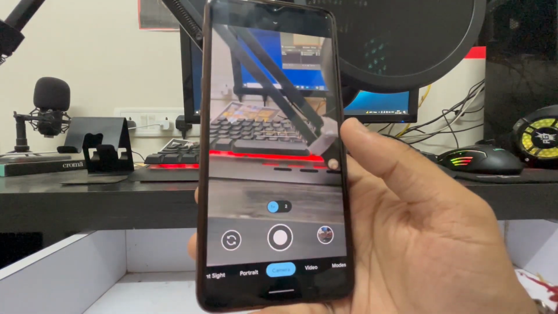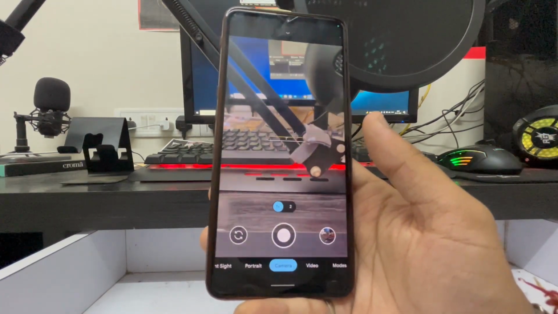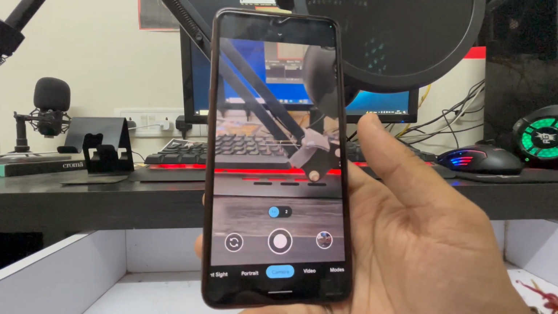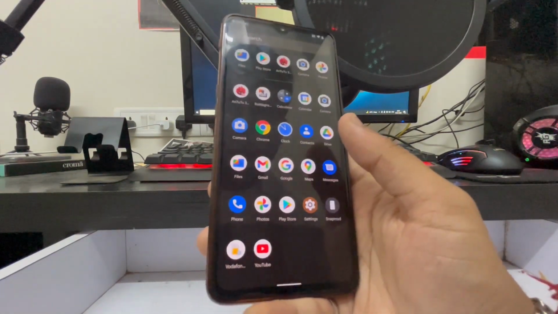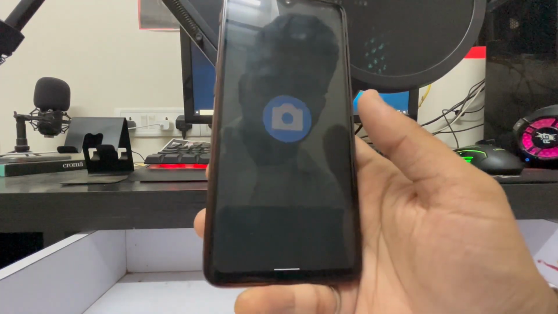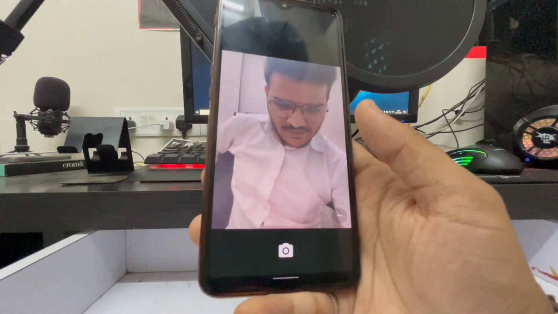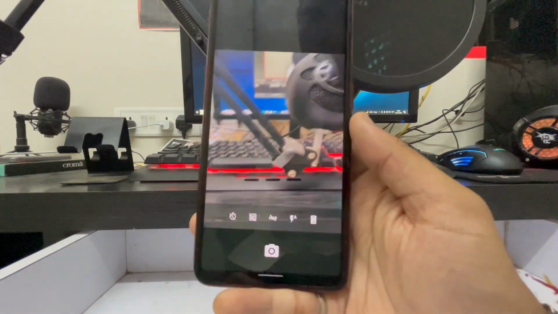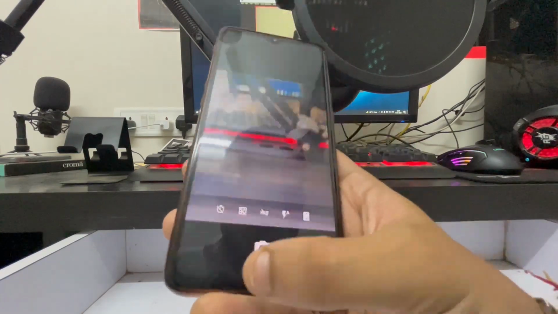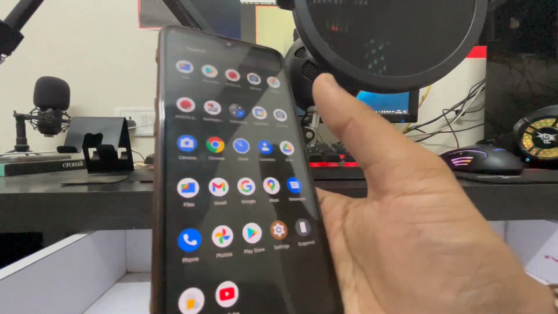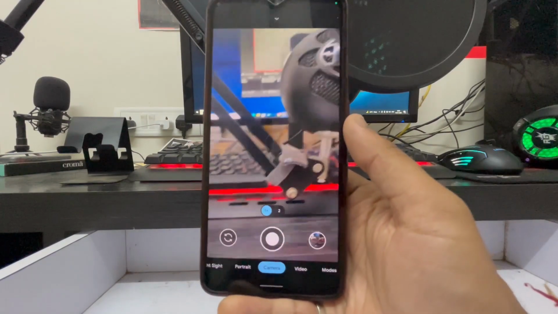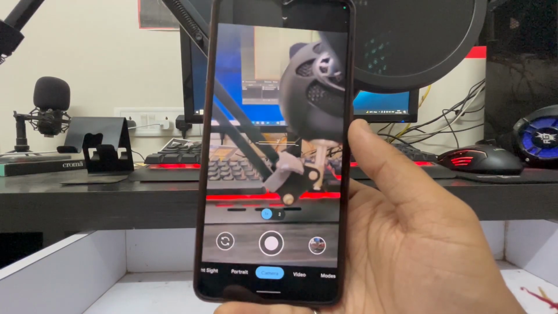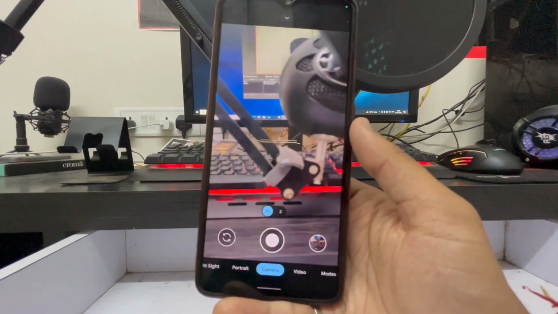Mainly it can be used as a backup camera to the OnePlus camera that we get on our stock OS, because on custom OS we don't get a good camera. As you can see, we get a camera with very minimal options and very minimal choices. Here we can just rotate, and even the camera quality is not that good. So with this Gcam, we can use it as our main, primary camera and for our daily driver. I will share some images I clicked from this camera on the next screen.